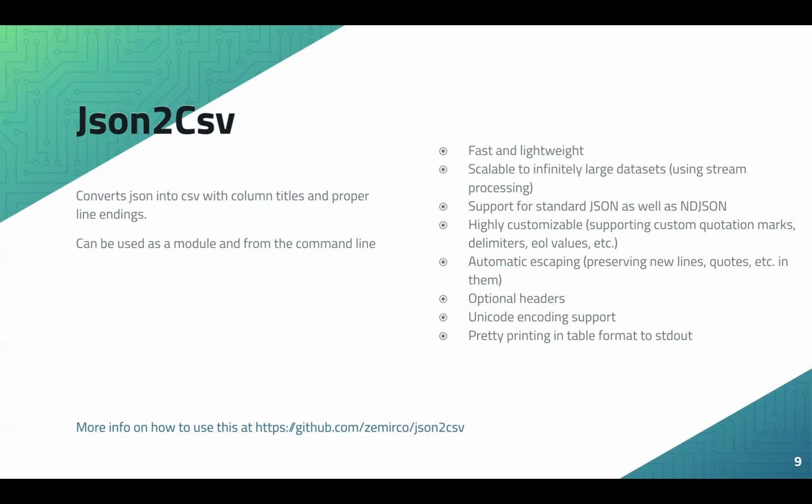But why are we using this? We are using this because it is very powerful and lightweight. It can also convert data on a stream. If you are passing a big file or big information to a CSV file, then it is very useful. So let's go and code some part.